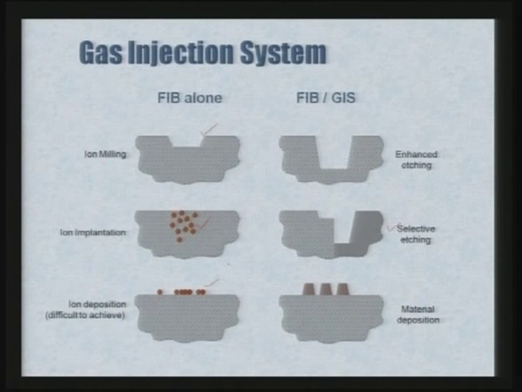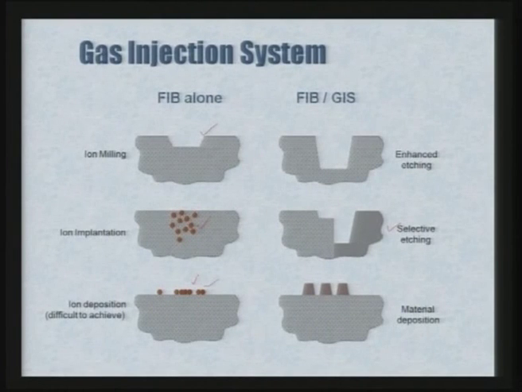Now, another beauty of this particular process is that it is not only for removal of the material, this particular process can also be used for deposition of the material. So, ions of different materials, although selected very limited ones, they can be deposited on the top surface and you can use it for generation of the micro or nano features. As you can see here, these are the nano features which have been developed or produced by deposition of the material. So, this is the beauty of this particular process, that you can use it for both purposes, additive process or attrition process, where material is being removed or material is being deposited.